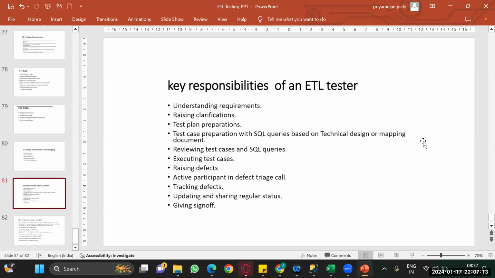The next is the key responsibility of testers, ETL testers. So what is your responsibility? You need to understand the requirement. You need to understand the mapping document. Then you need to prepare the test plan and test strategy document. You need to prepare the SQL queries. You need to review your test cases with all the development team or your client, whoever is responsible,